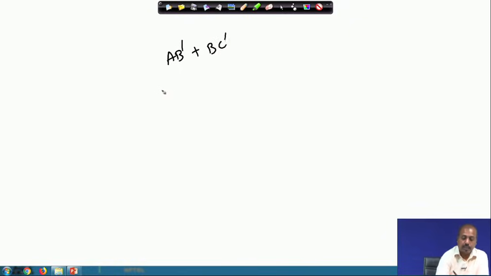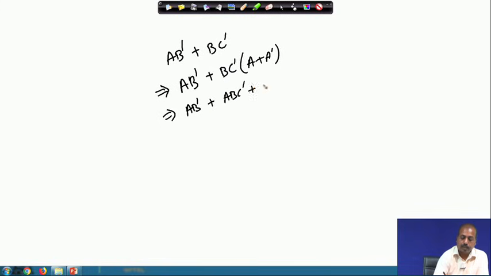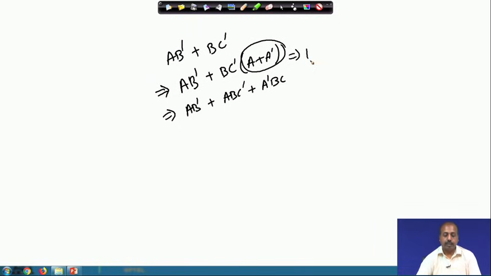Now, if you expand this A B bar, somebody may write it as A B bar plus B C bar into A plus A bar. If you expand this, you get A B bar plus A B C bar plus A bar B C bar, because A plus A bar is equal to 1. So, we can always write in this form.